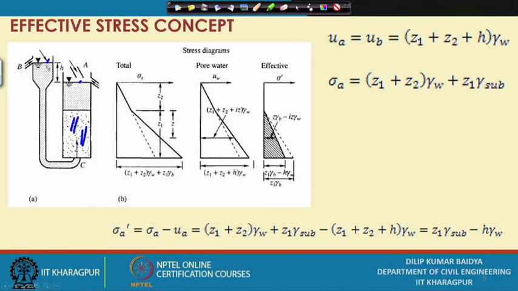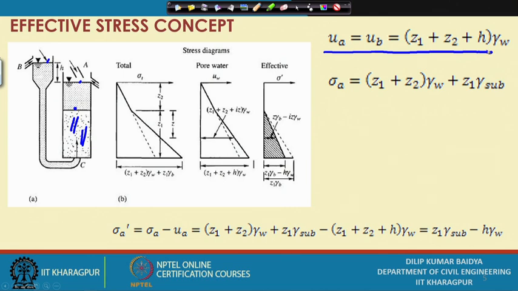Again here, if I consider from this side, you will get head equal to Z 1 plus Z 2 plus H, but if I consider from this side it is Z 1 plus Z 2 only, times gamma W. Because of this extra head the flow will take place, but in equilibrium condition you consider this is the head we are putting, and finally at this point the head will become equal, because of the loss H. So, at this point the head will be Z 1 plus Z 2 plus H, which is the head that caused the flow.